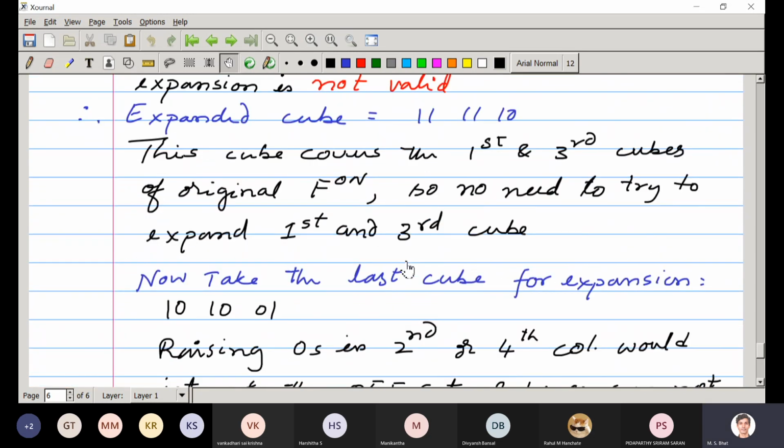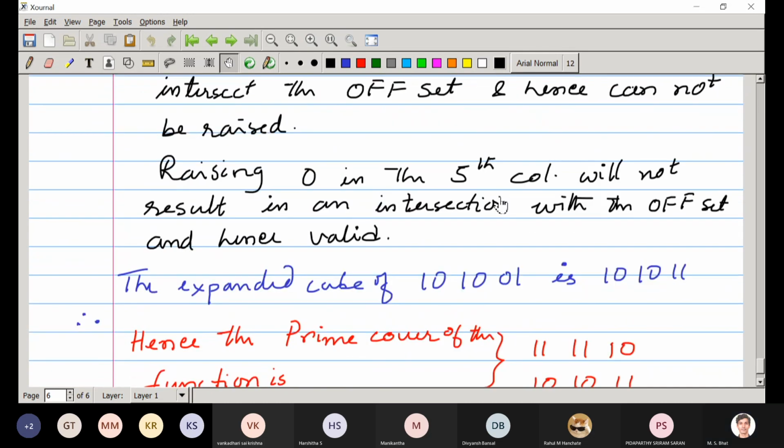So I will write here. What is our original cube for expansion, that is expand 1, 0, 1, 0, 1, 0, and offset